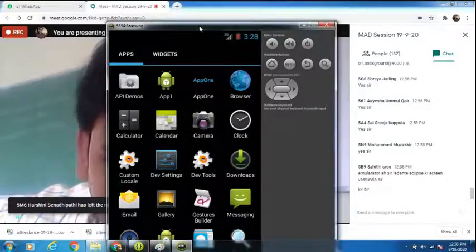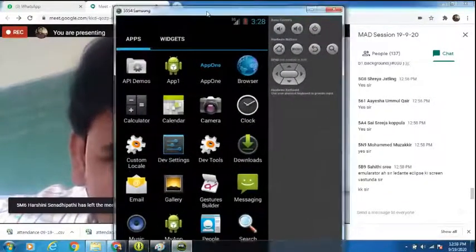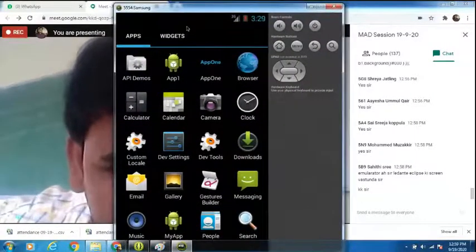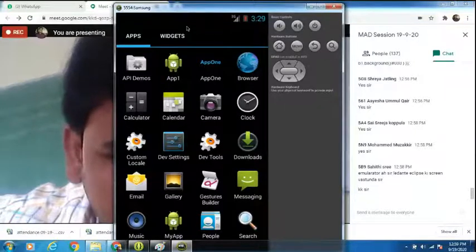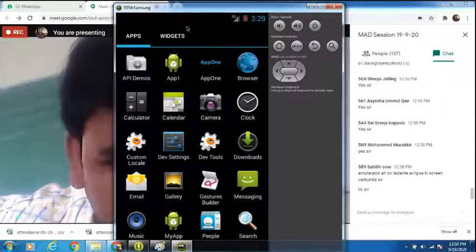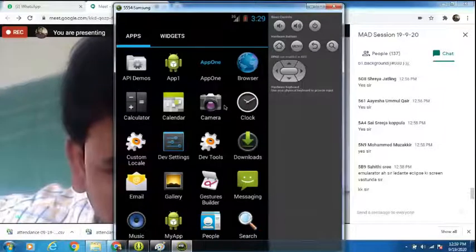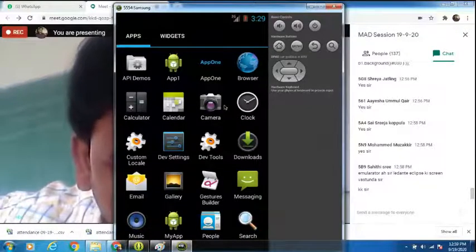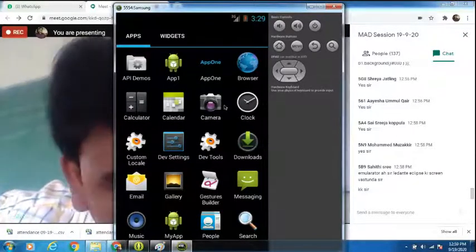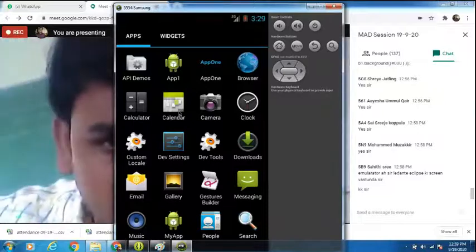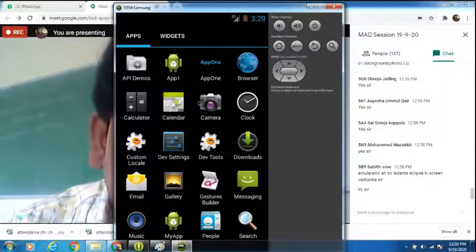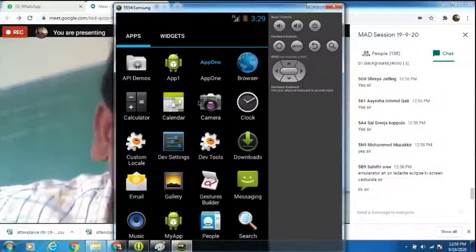Emulator, it is nothing but emulator. The default emulator in Eclipse is for executing our Android applications. But we can also copy the APK file of our developed application, place it in our mobile, and execute it in our mobile also. This default emulator will take some time for executing the Android applications.